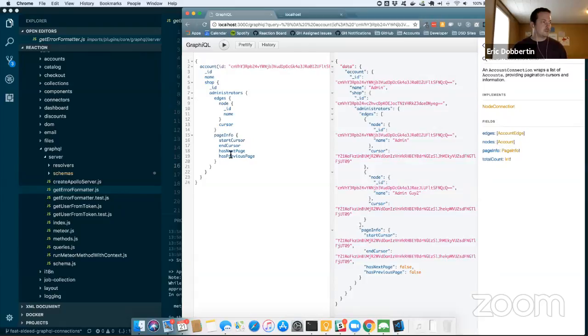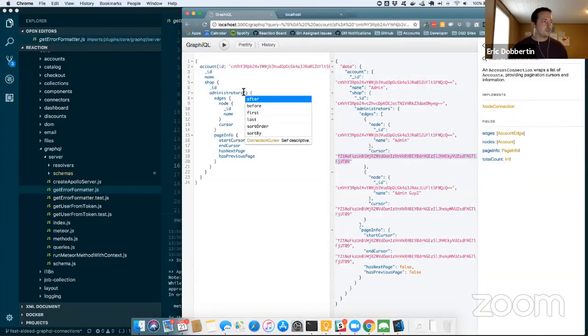Using all that, you could implement pagination, whereby you could pass some additional information to administrators here and say, for example, I want to get only the one. This is a little bit of a contrived example, but I've got this admin one here as the first result.